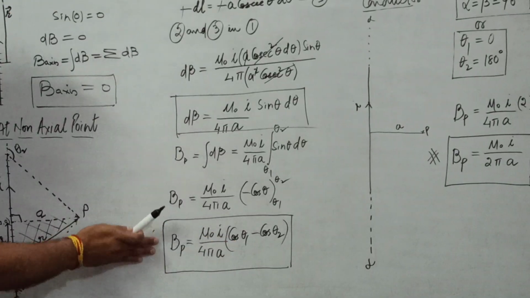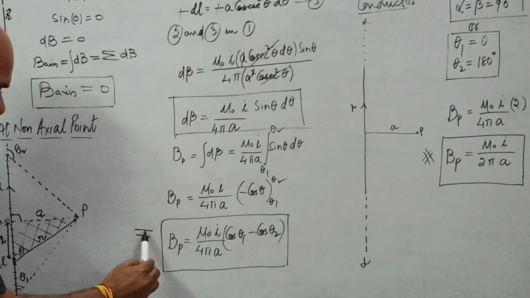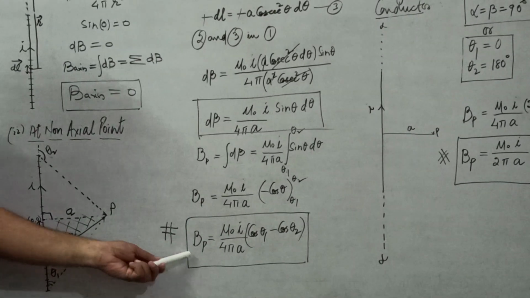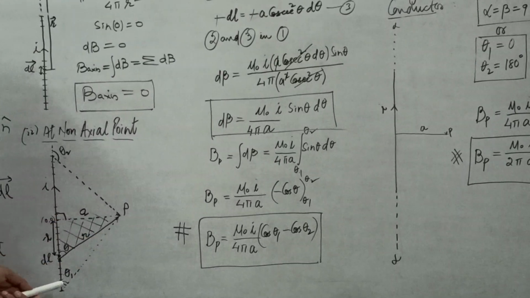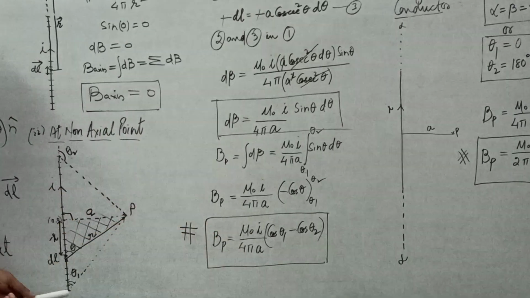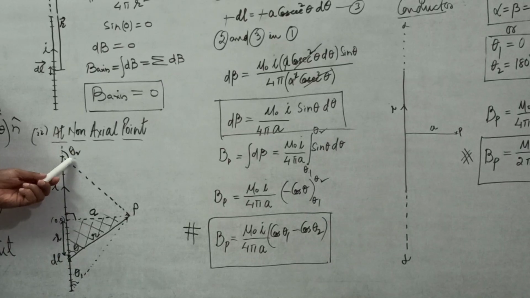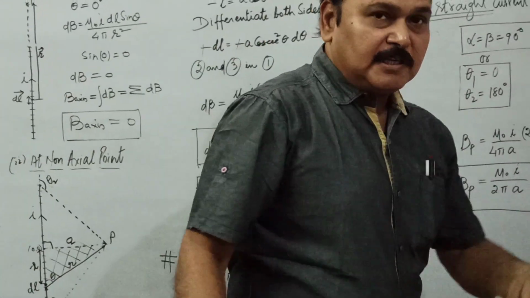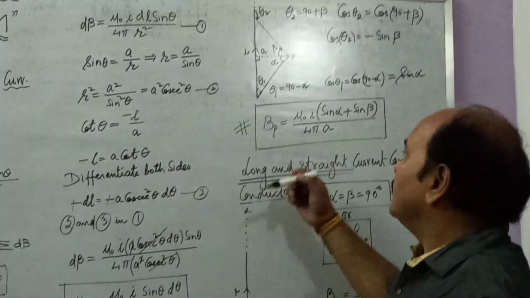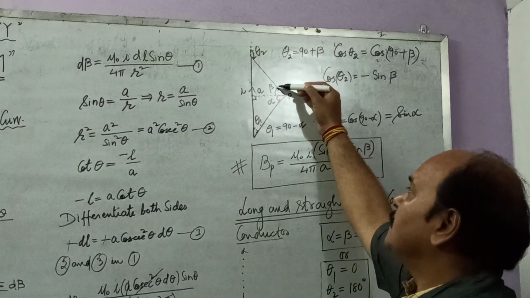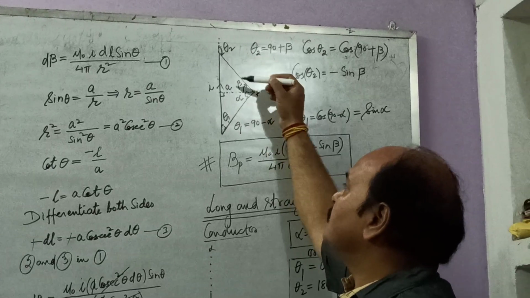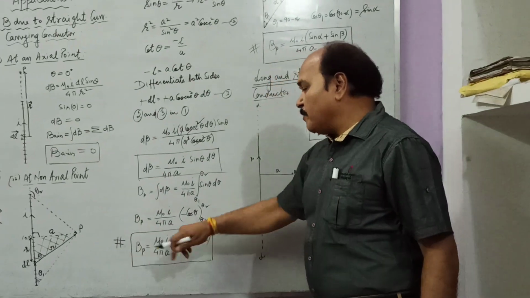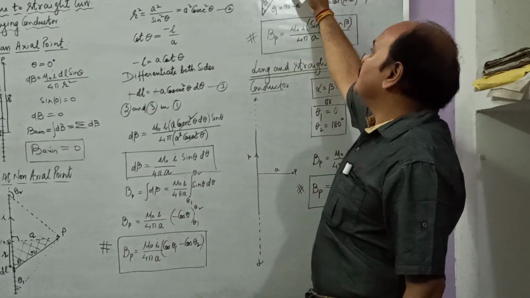So this is the expression of magnetic field due to a straight current carrying conductor at a point very close to it. This formula, if you remember, you have to know what these angles theta 1 and theta 2 are. Theta 1 is this angle and theta 2 is this obtuse angle. Now, the same formula can also be rewritten in terms of these angles alpha and beta. This is angle theta 1, this is angle theta 2, this is shortest separation A, this is current I. We know this formula, but we are going to rewrite it in terms of alpha and beta.